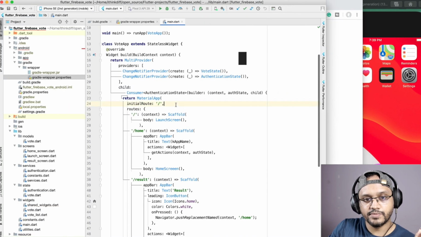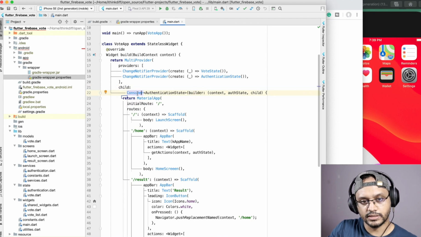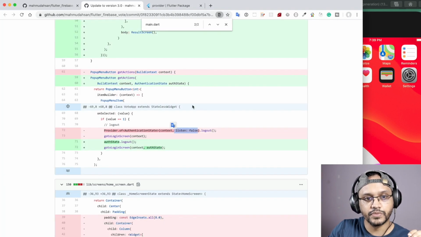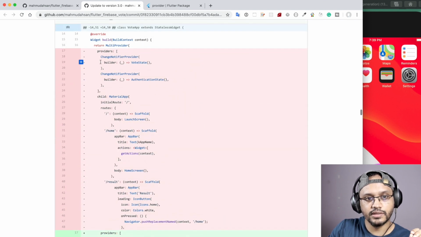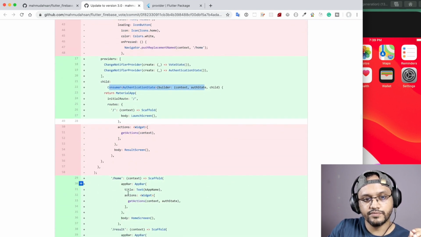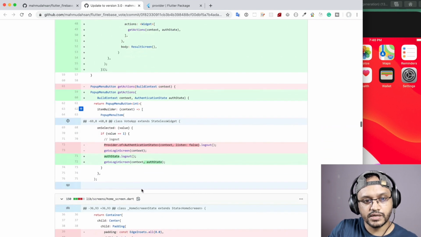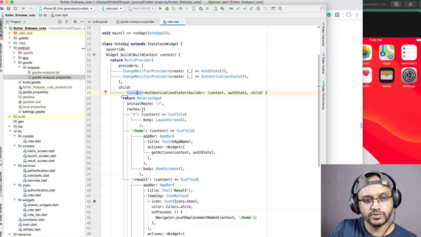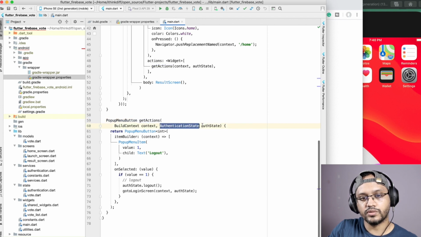So for this reason, at the top I use the consumer class or consumer widget to access the authentication state provider. Here you see the code. I basically did a massive change. You see that all the red or pink color is gone, and here I changed this thing. So now from any child widget I can access that. And also if you notice some functions like get action and some other functions, those functions I already changed. Here you see get action, previously I did not pass this authentication state instance, but now